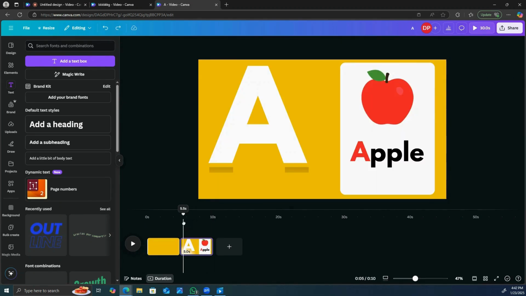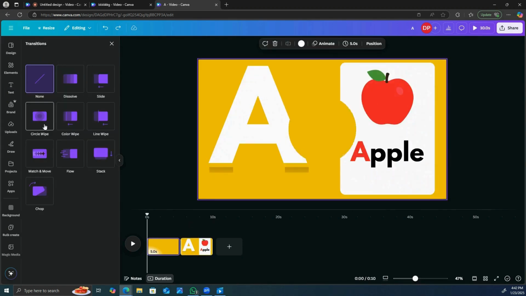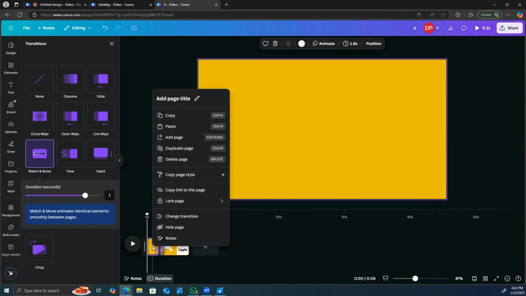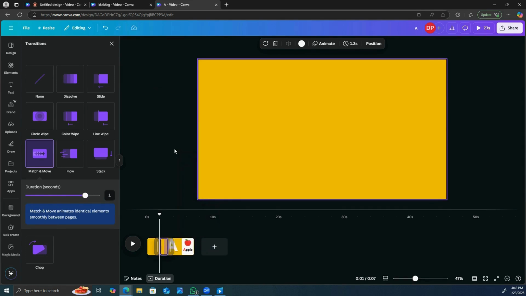Okay, so once that's done, we're going to add a transition. All right. We're going to add match and move. We're going to increase it all the way to 1, and then we're going to decrease the duration of this to 1.8. All right, we're going to duplicate this page, and we're going to drag it over here,